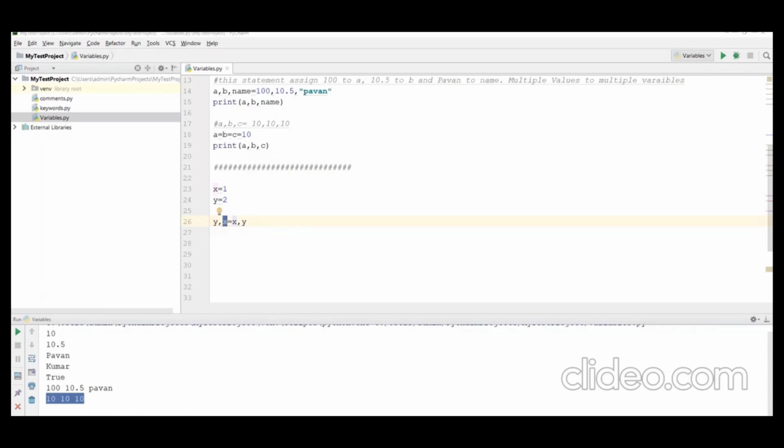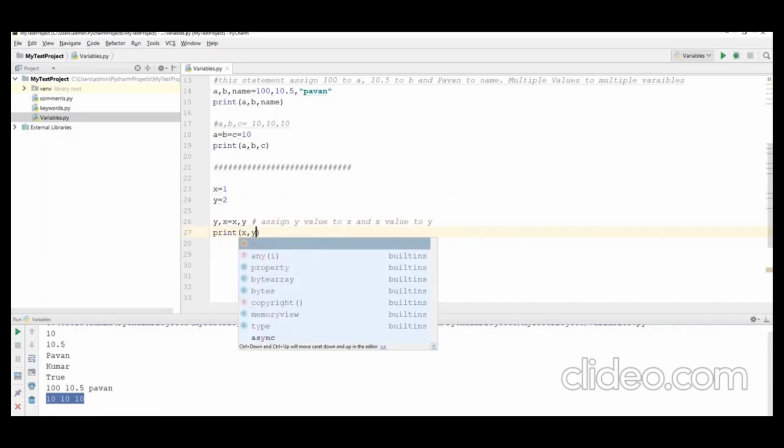So here what happens is the y value is assigned to x, and the x value is assigned to y. After that we can just print those values by using the print command, print x comma y.